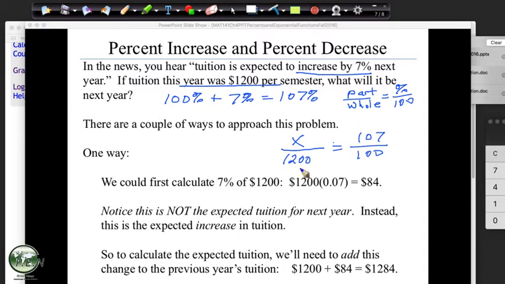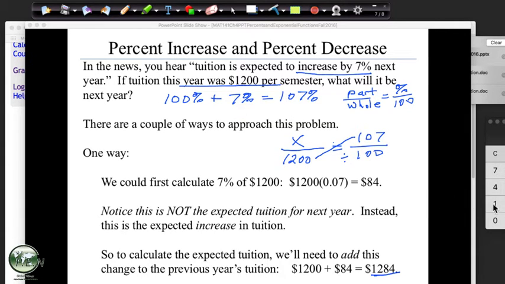Okay, so I'm going to do it this way, and we'll see that we end up with the same value that they've already come up with, right? We would take 107 times 1,200 and then divide it by 100. And watch, we're going to get the answer in a single step. If we're working with percentages, you think you could take 100 plus 7 in your head, and most of you probably will. You won't even write this down. You'll just think, well, that's 107%.